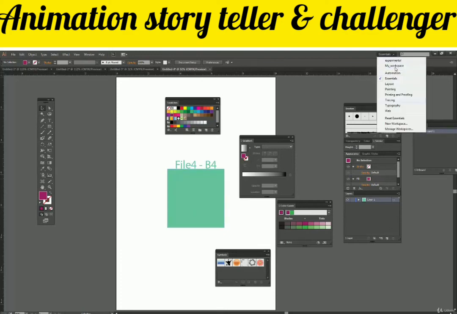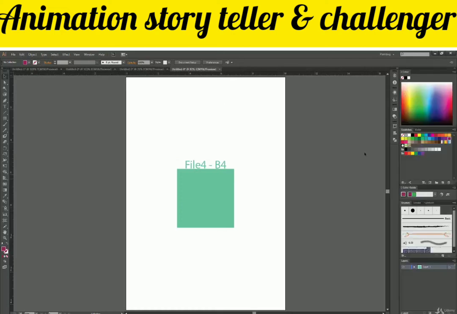And now let us change some workspace. These all are the workspaces available to you. These all are predefined. On the top I have some custom created workspaces. We'll come to that, how we can create these kinds of spaces ourselves. So let us change to Painting, and there we go. Now Illustrator has rearranged all the panels and toolbars according to the workspace guidelines, you can say. So I have my colors, strokes over here, and toolbars, everything got arranged itself.